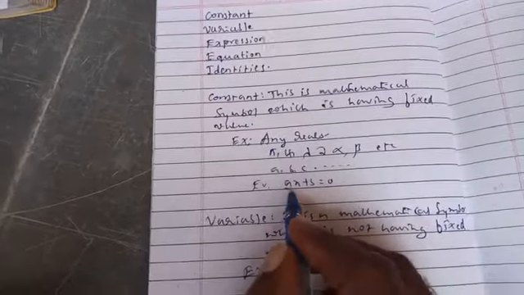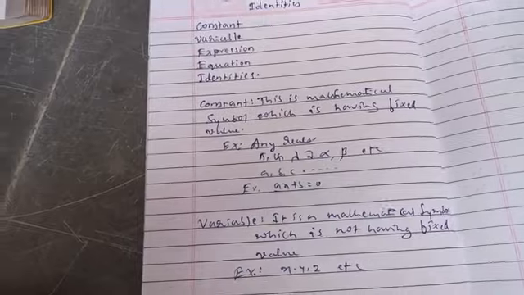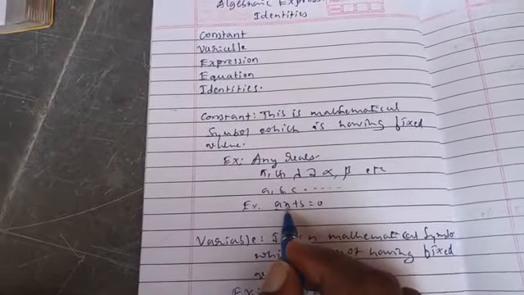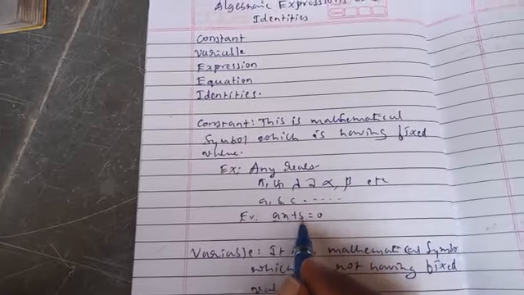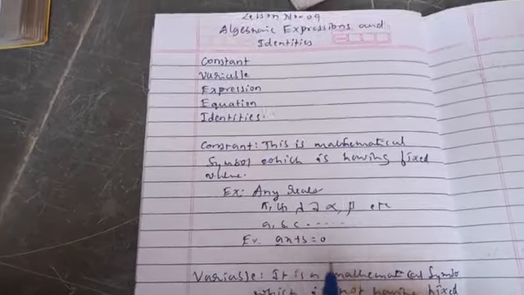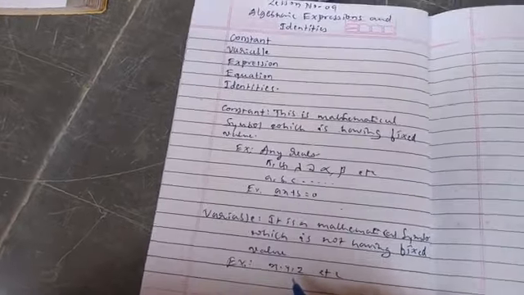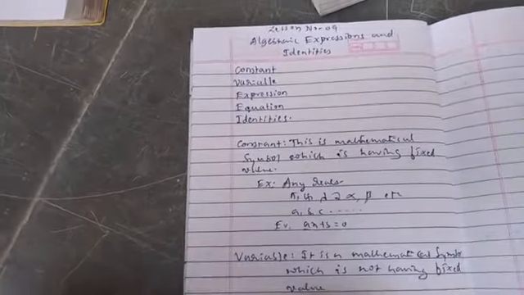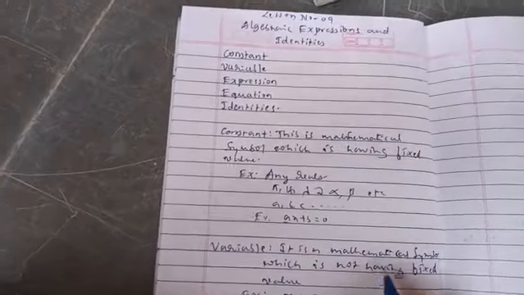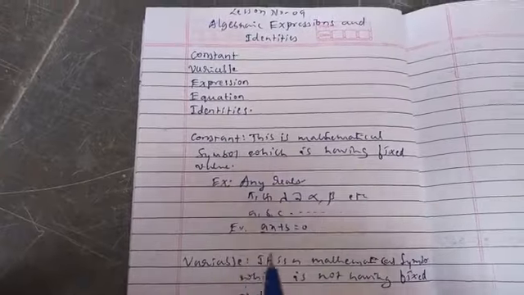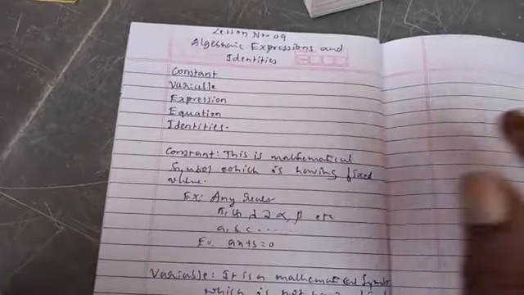Here you consider ax plus b equal to 0. In this case, x is a variable, a is the constant term or coefficient of x, and b is the constant term. Yes, this is about the variable. Variable in the sense that it keeps on changing. It means it is not having a fixed value. Which is having a fixed value is called a constant term. Which is not having a fixed value is called a variable. It goes on changing.